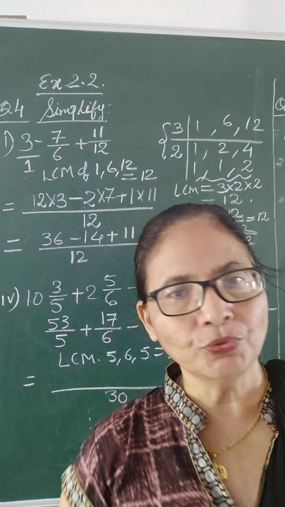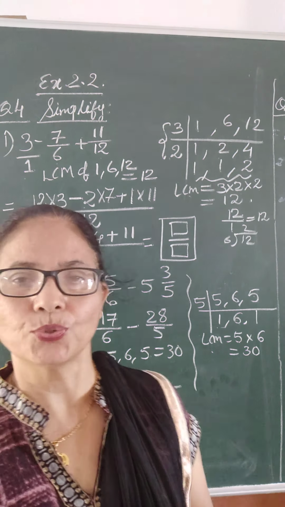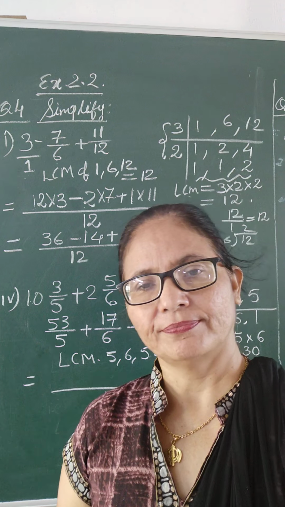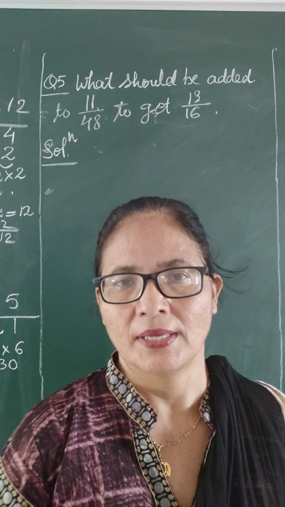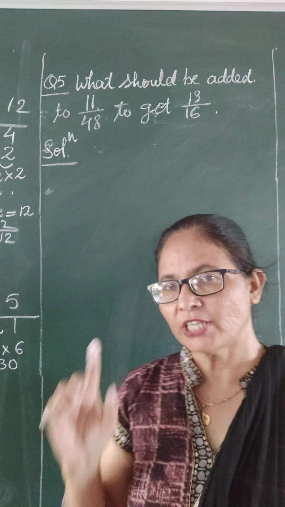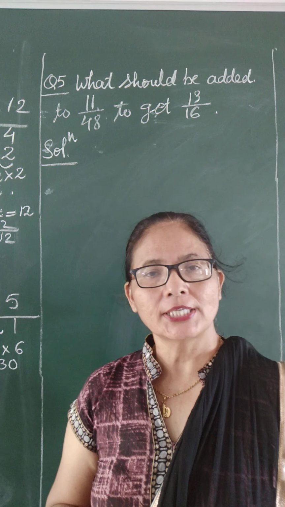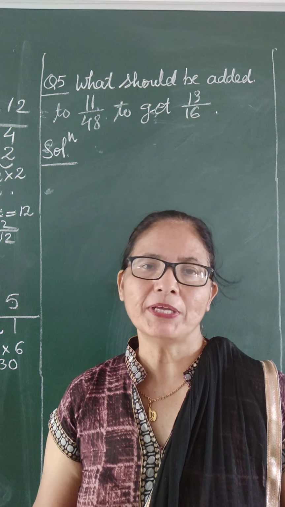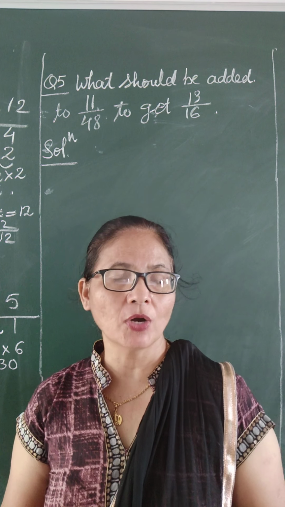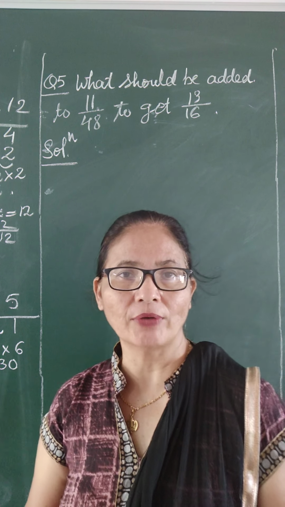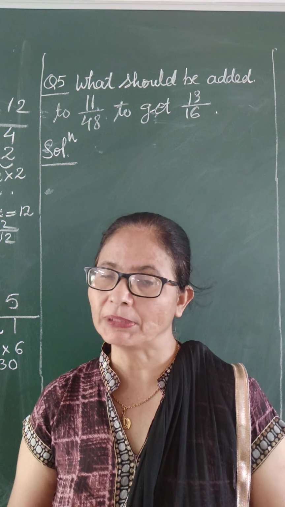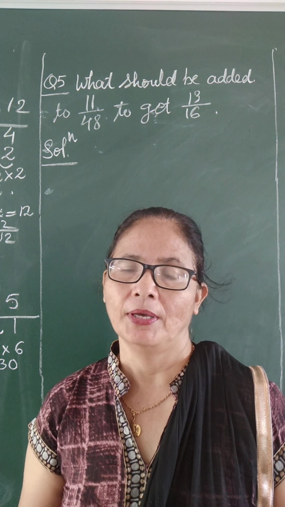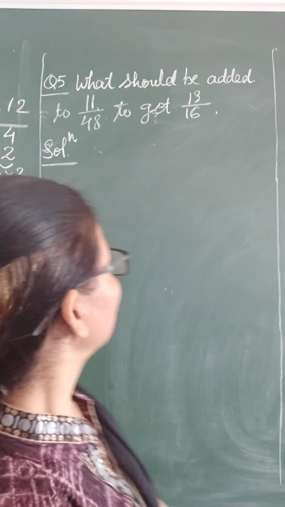Now let's move to the word problem, that is question number 5. Now see children, the sum which I have written on the blackboard, the same type of sums we have done in integer lesson also. Only in place of integers, what do you have now? You have the fractions. Okay, you have the number as fraction, but the method is same. Okay, now see, what is the question?